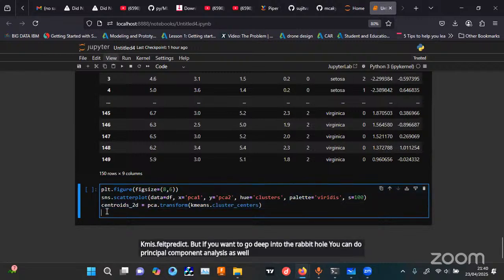So now I'm almost done. I want to add the transformation. Sorry, I want to add the centroid. The 2D centroid is going to be